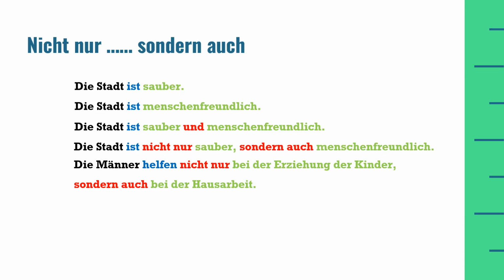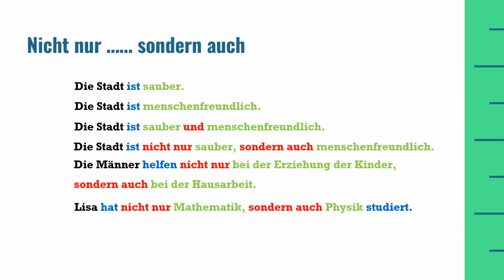So the first thing with which men help is bei der Erziehung der Kinder, that comes after nicht nur, and second thing with which the men help is bei der Hausarbeit, and that will come after sondern auch. Another example: